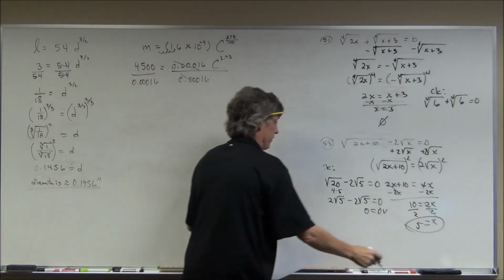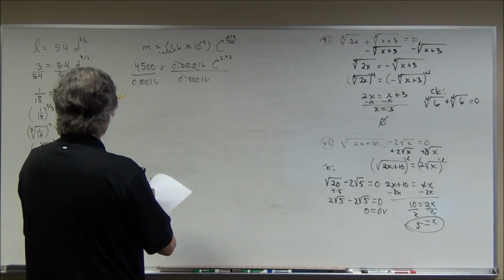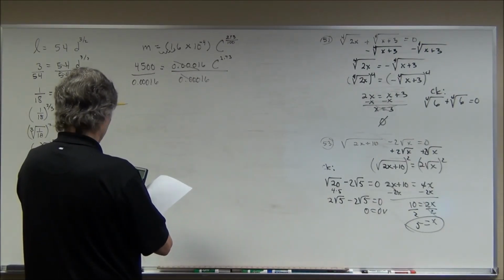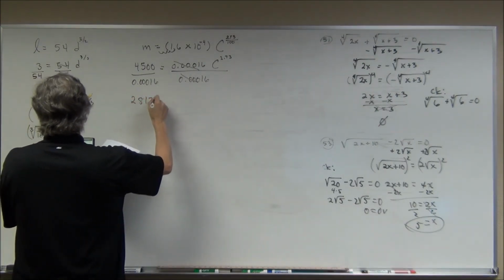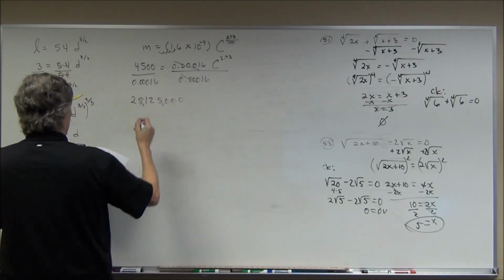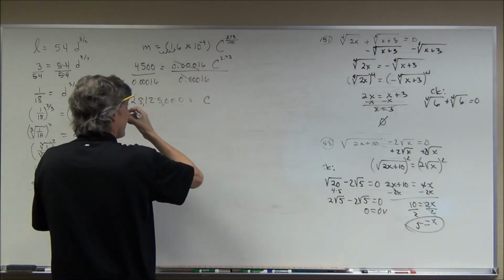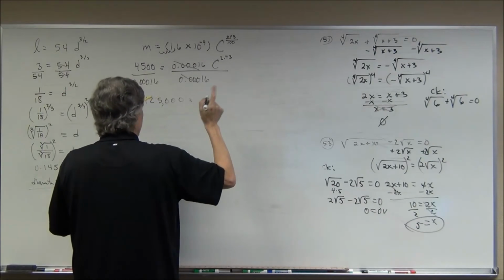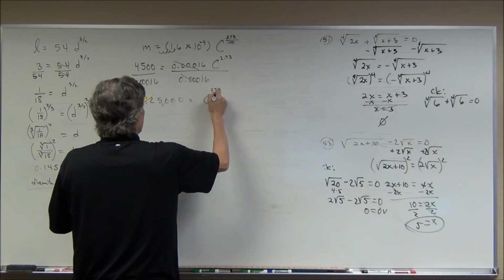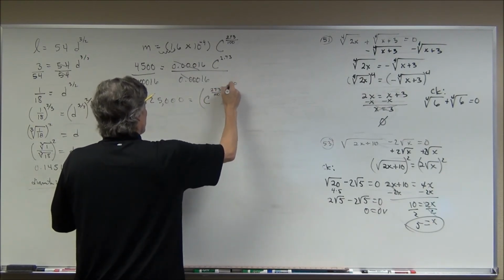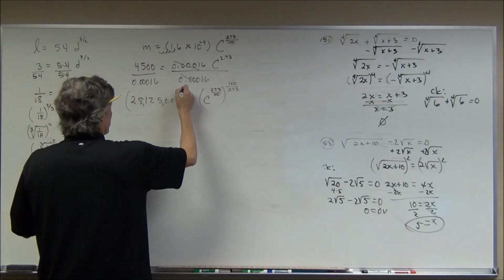So I'm going to take 4,500, and I'm going to divide it by 0.00016, and I get a good size, healthy number here. 28,125,000 is equal to C to the, and again, you may want to leave this as a fraction for the convenience of it, because now you can see you're going to have to raise both sides to the reciprocal power. If you don't mind writing that as 1 over 2.73. So both sides to the reciprocal power,